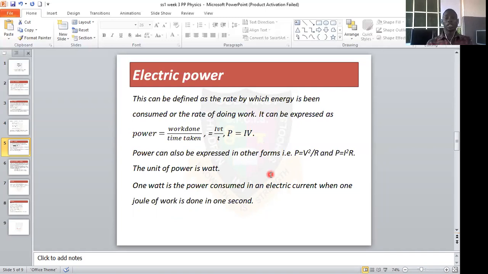I already told you the unit of energy is joules. And so 1 watt is the power consumed in an electric current when 1 joule of work is done in 1 second. So let us go to the next slide, which is